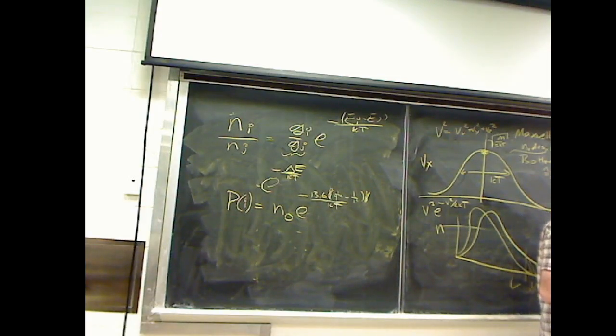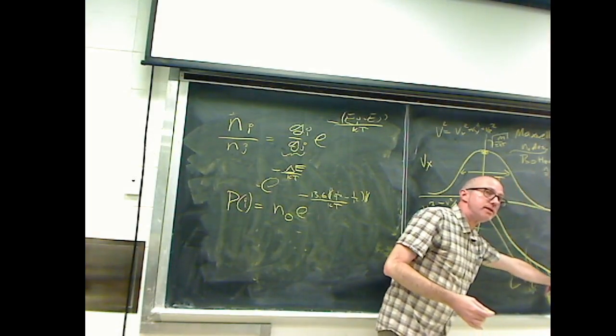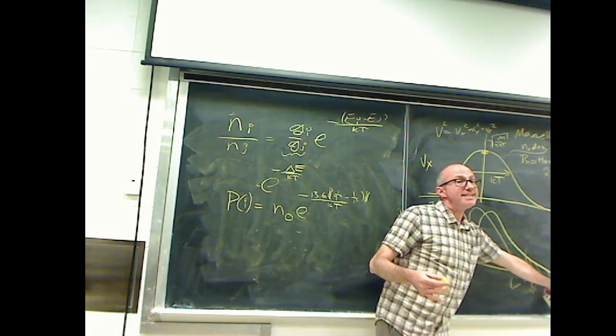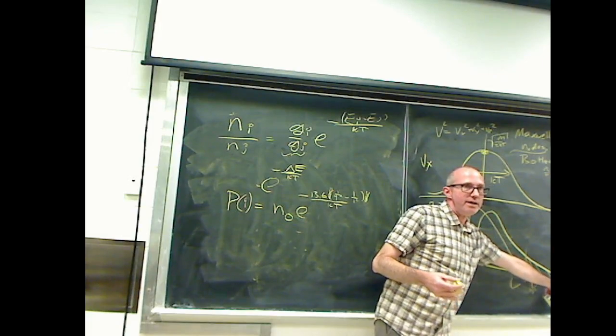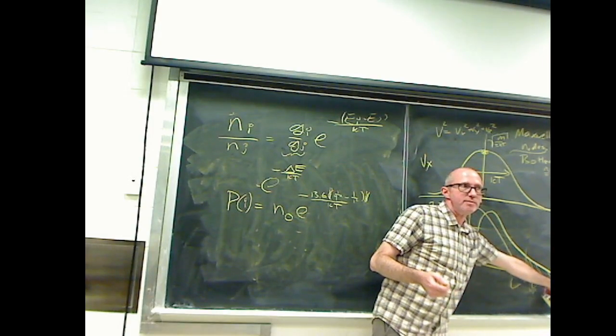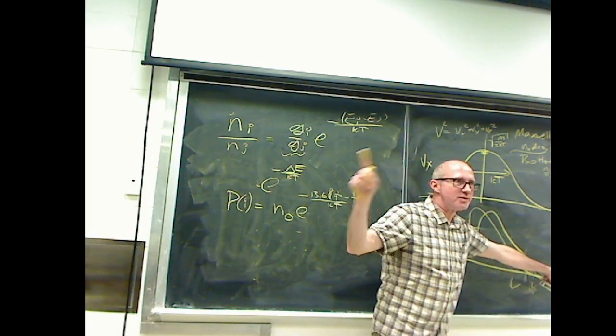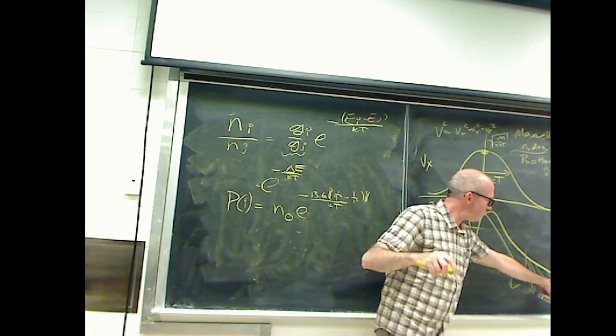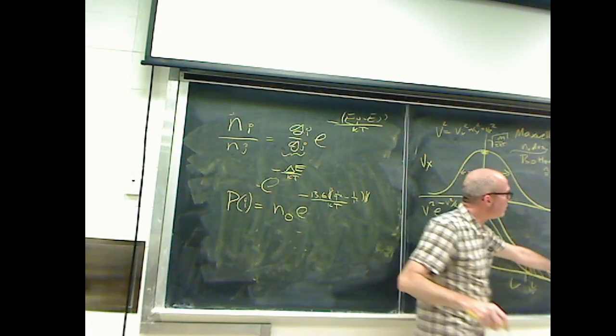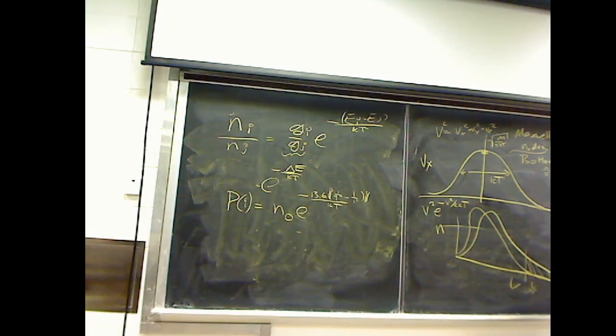But they don't stop there, because I have this long tail on my Maxwellian. My Maxwellian, this is classical. This formally goes out to infinity. Now, realistically, that doesn't make any sense because it's relativistic, but we do it anyway. There's a fix for relativistic gas that we throw in later. But the tail is very large, so as I raise the temperature really any at all, some electrons are going to start to come off because I'm going to have really high rare collisions that are going to knock electrons off. So the Saha equation